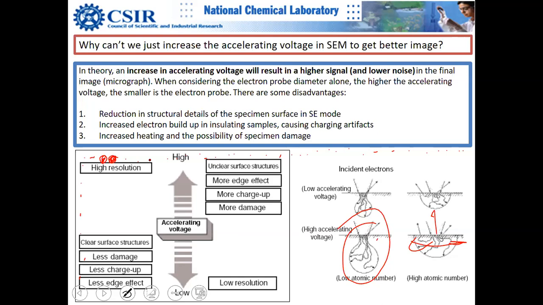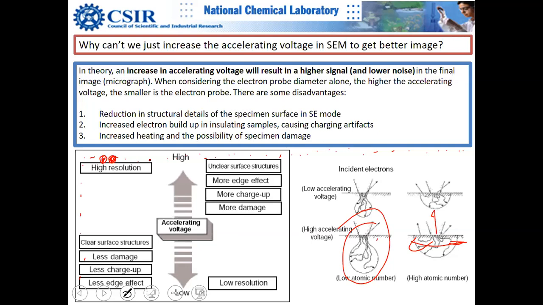Yes, if you are looking for polarity and work function and other details, you should use in-lens. I think I taught the in-lens detector last time. If you want to look at those other details, your surface should be smooth. There should be less topographical variation, and there should not be any charging effect. You should use the in-lens detector actually. That can tell you more about the sample.